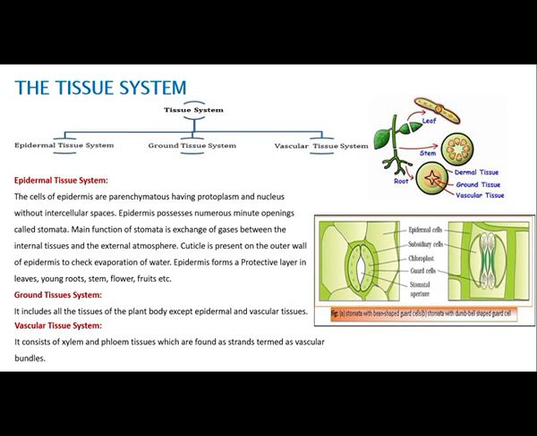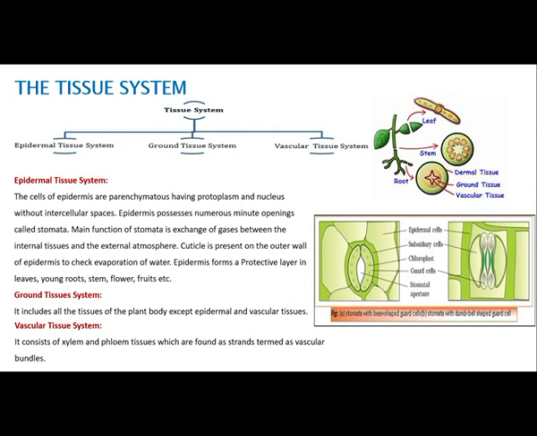Now there is the cuticle. It is the covering of the epidermis, and it is a waxy layer to prevent loss of water. Now, as you all know, the epidermis contains certain pores which are called the stomata in the leaves. The stomata consist of the stomatal pore surrounded by two guard cells. The guard cells are then again surrounded by the subsidiary cells, and the subsidiary cells are surrounded by the epidermal cells. Now these guard cells are kidney shaped in case of dicots, and dumbbell shaped in case of monocots.